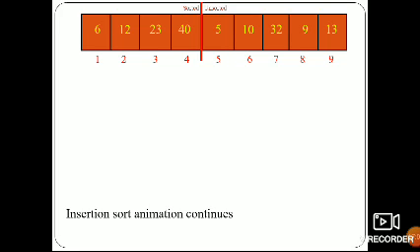Now what we are doing, 40 and 5. Now we have to compare. 40 is greater than 5. The condition is false, so we have to move. Now it will compare all the elements. First the fourth and the fifth element it will compare. Only if it is less do we have to swap.